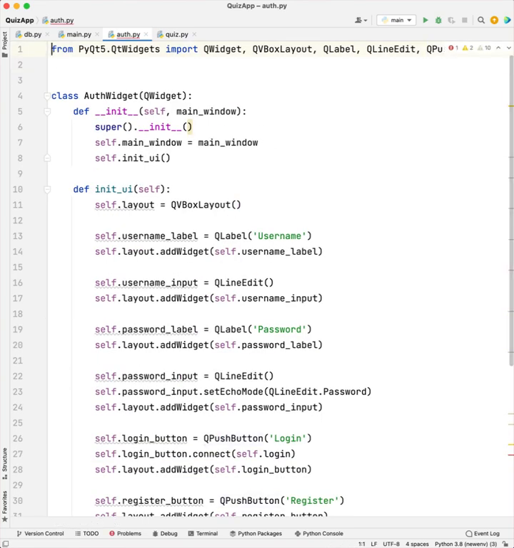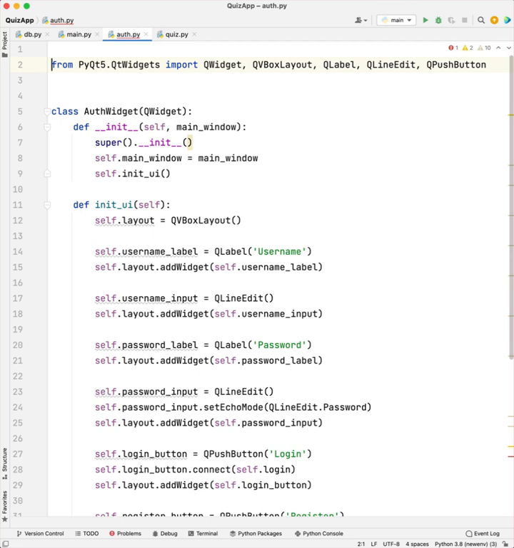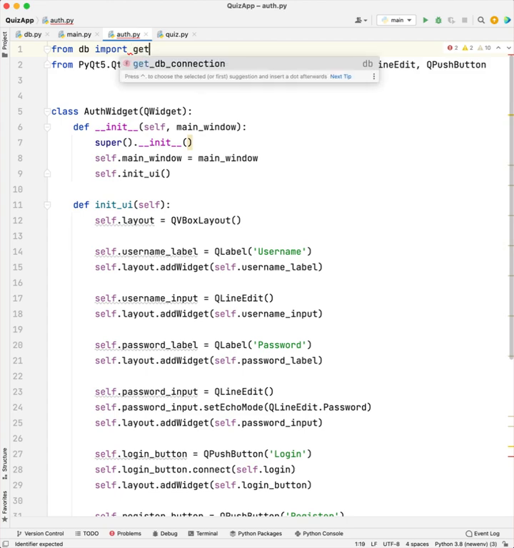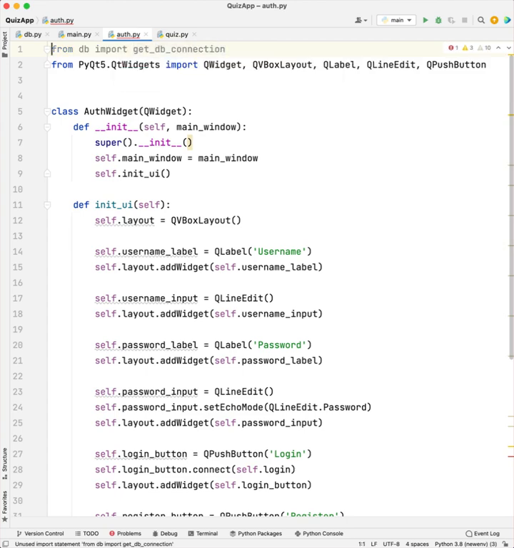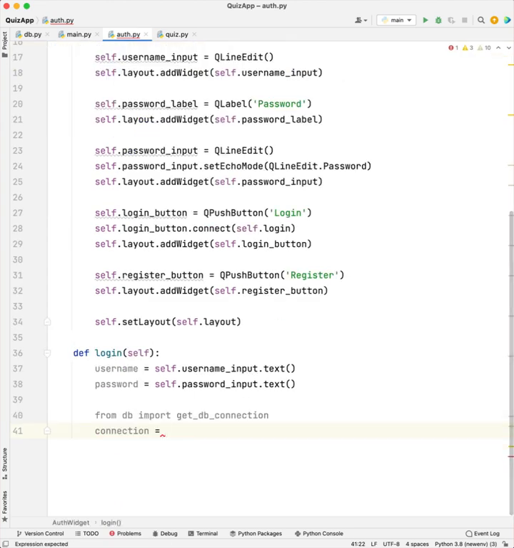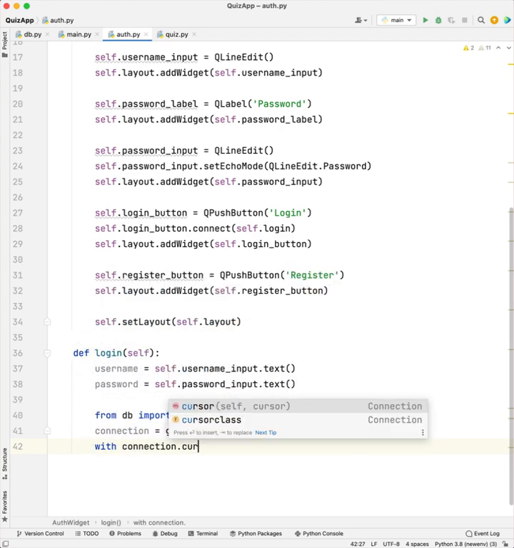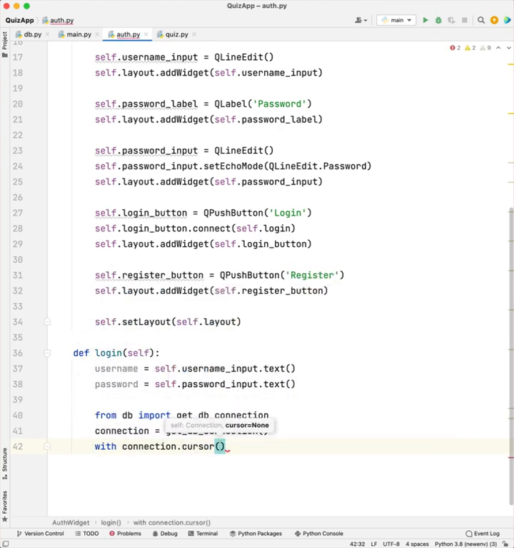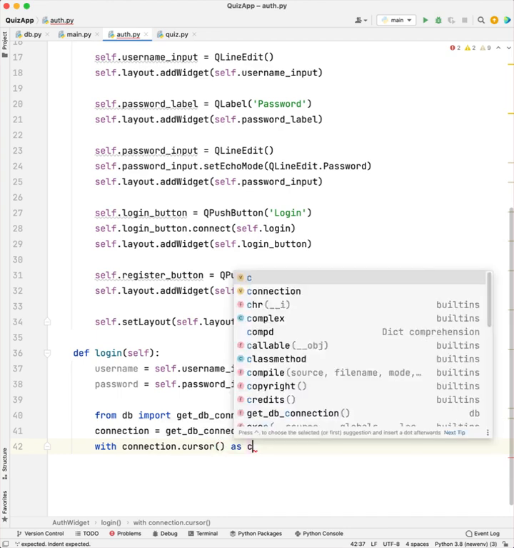All right, so what we meant was from DB import get DB connection. Now get DB connection, and I think this function will know what to do. So then we can take advantage of our connection. So with connection dot cursor as cursor,